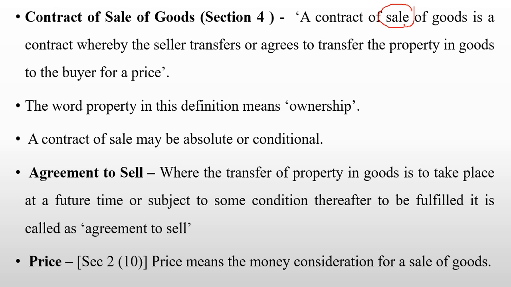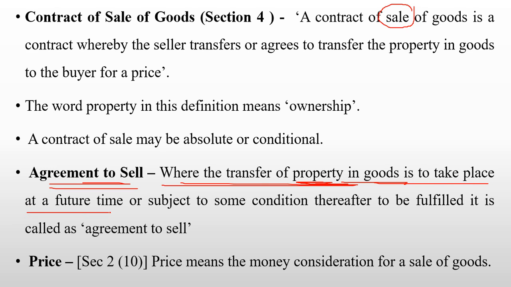And if the goods are transferred after some time or in the future time or in future date, and along with some condition kept, then it becomes agreement to sell. So agreement to sell means where the transfer of property, where the transfer of ownership in goods is to take place at a future time or subject to some condition thereafter to be fulfilled,